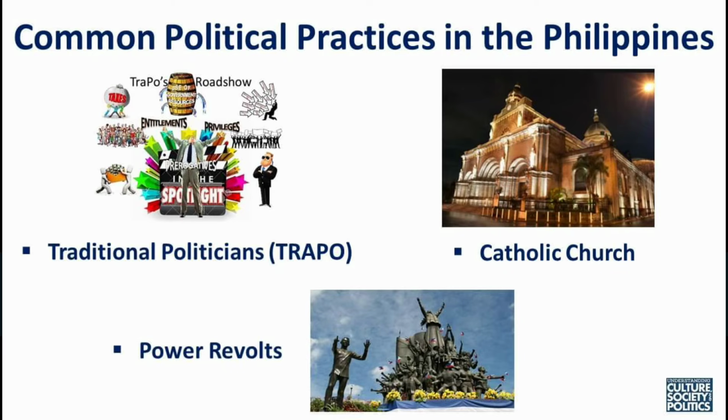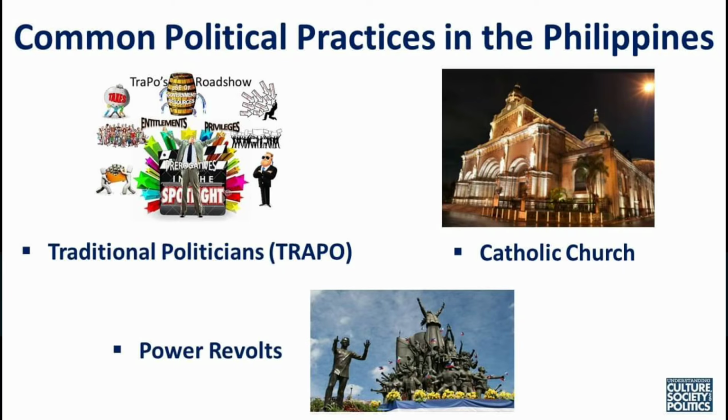In fact, there were a lot of politicians who were asked of their views and opinions about traditional politicians, and some said that politicians who will say and do anything, including dirty tricks, to get elected or get what they want, is considered a trapo. And it also means a rag in the Philippines, which aptly describes this type of politician.